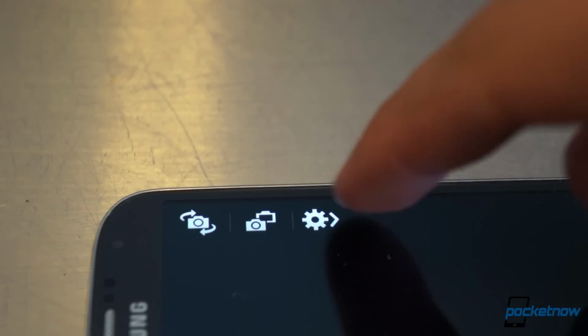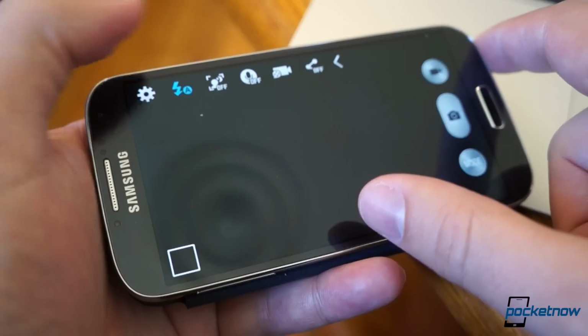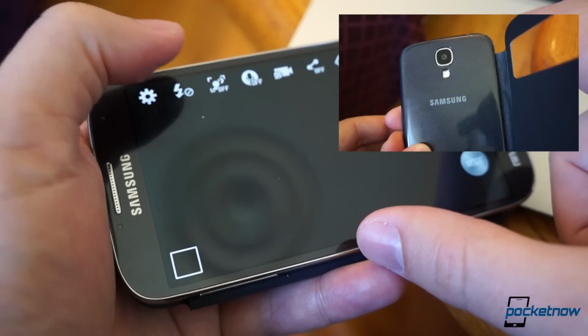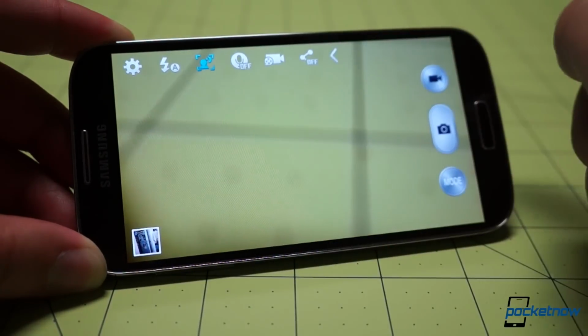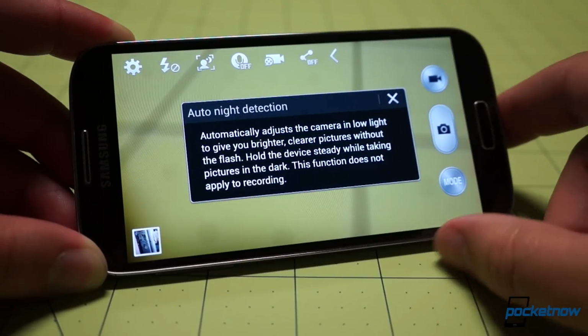in the upper left. Tapping it expands some quick and helpful options. There's the flash toggle, which lets you choose between flash on, off, and automatic. Next to that is automatic night detection, which will let the camera put itself into night mode if it detects